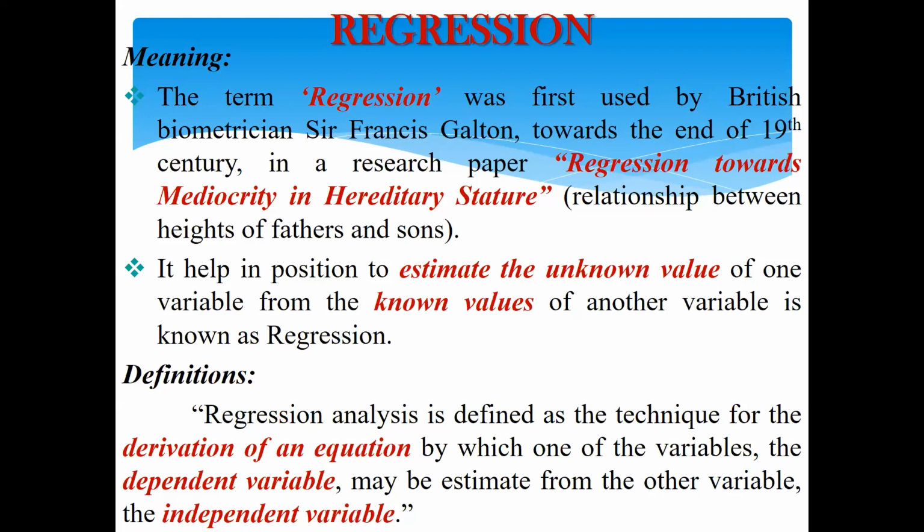So the monthly expenses of your family, which is the dependent variable and the unknown value, depend upon the known values, like how many members are in your family and what is your father's income. Clear? This is called regression. Now, did you understand the concept of regression, guys? Any doubts in the regression?